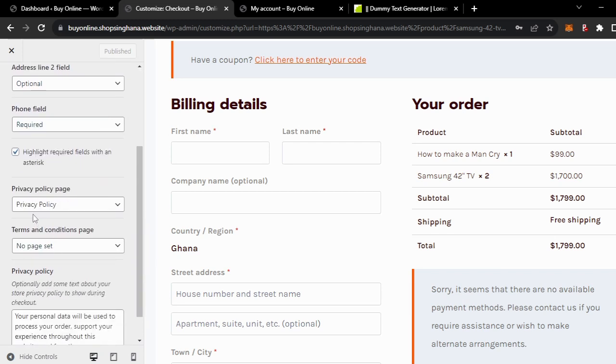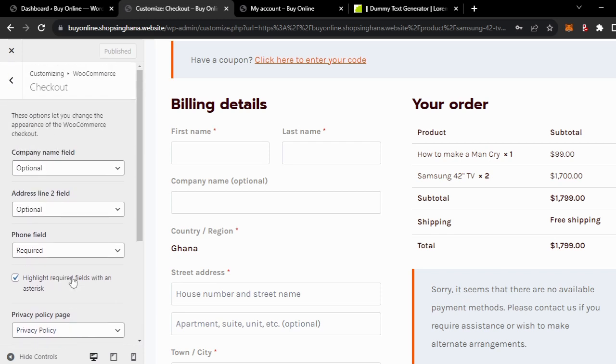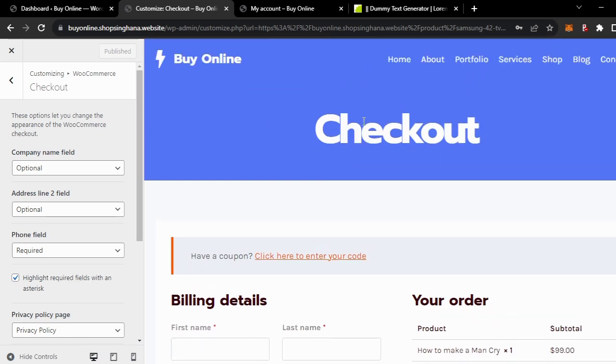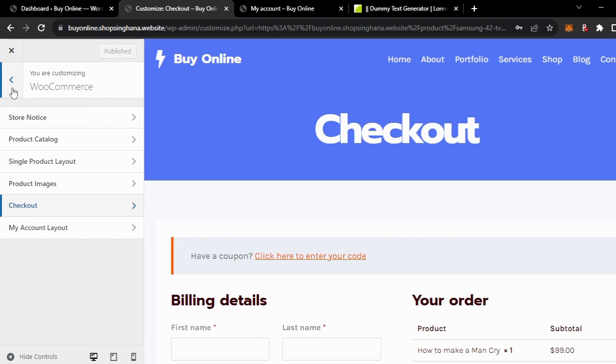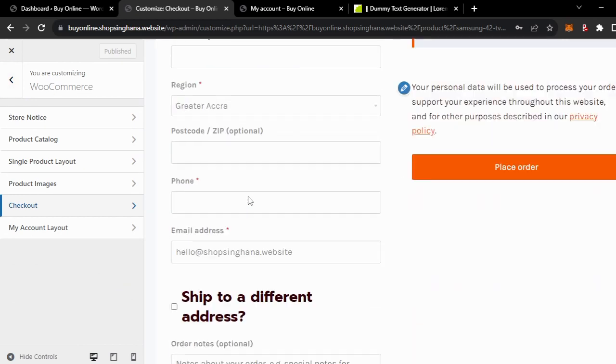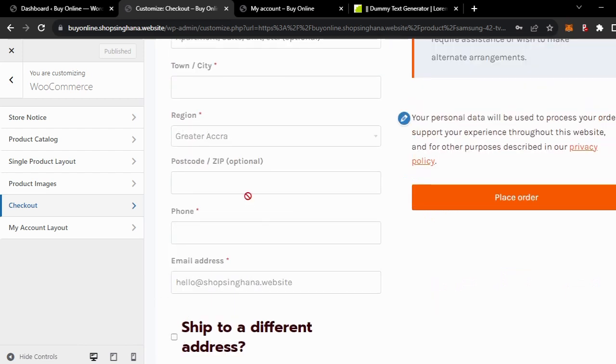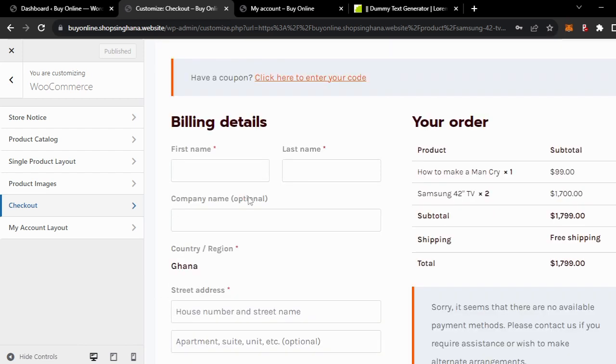And then you can also set up your privacy policy and terms and conditions page over here. Okay, so all these things are how you can redesign or remove certain things from the checkout page. But there are other plugins that you can use to make sure that your checkout page becomes very simple and very easy to use for your customers to smoothly check out